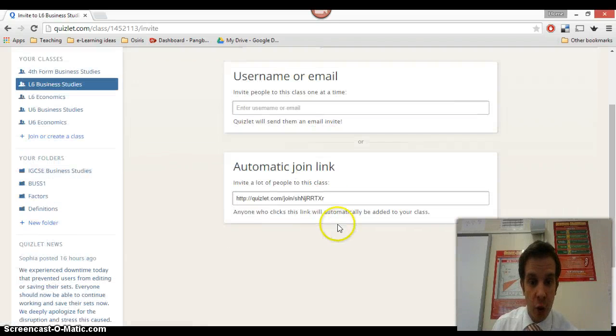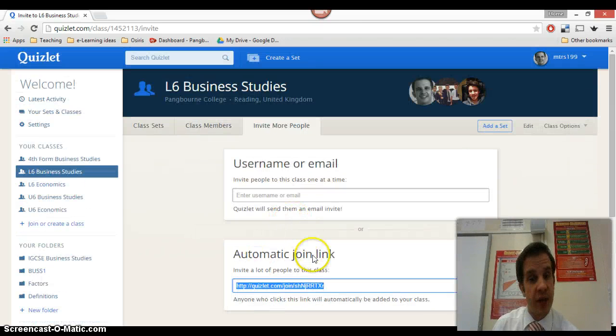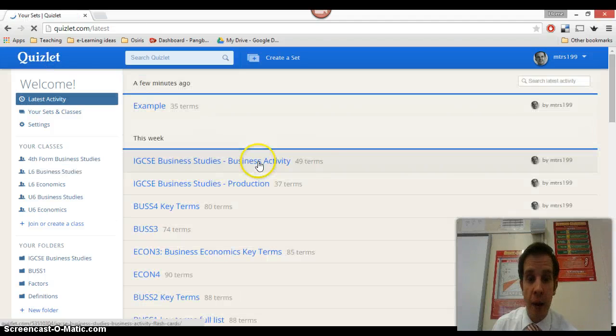And there's a very quick and easy way of copying this link, emailing it to your pupils. When they click on it, they are then asked to join that class. That's by far and away the easiest way of actually doing it. And once they have added it, they can then gain access to the Quizlet app, and they can obviously go in and test themselves. So it's a really powerful set of features